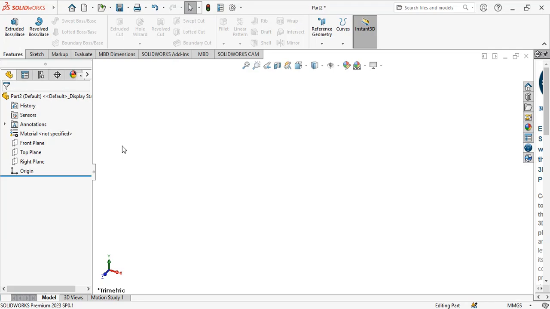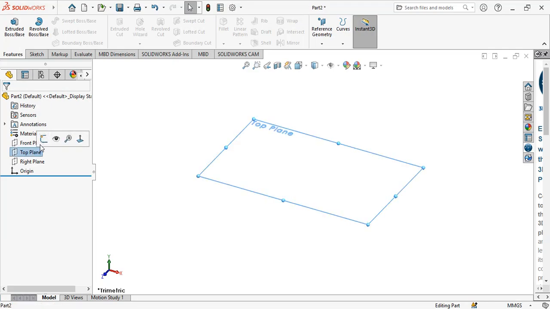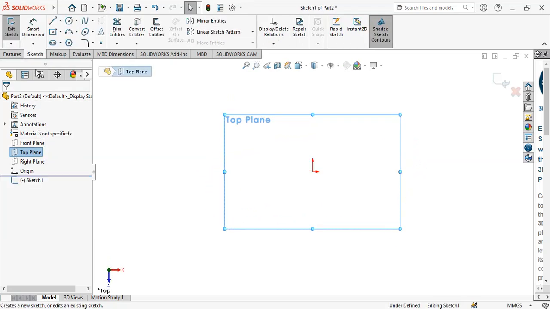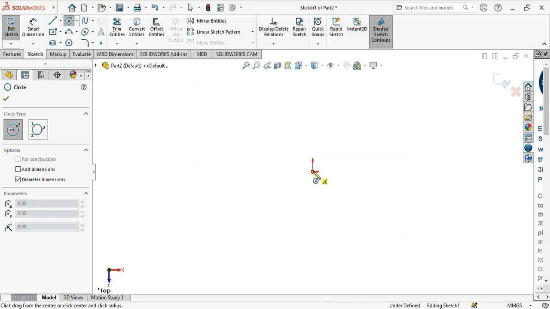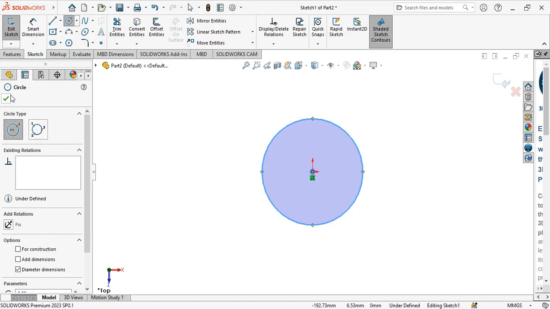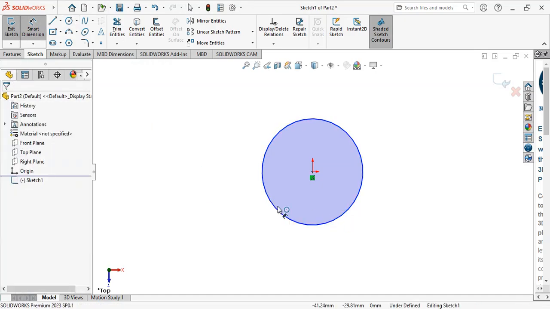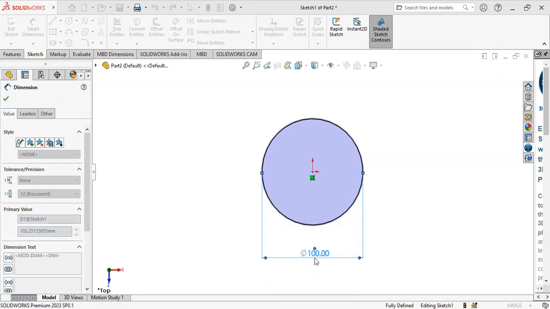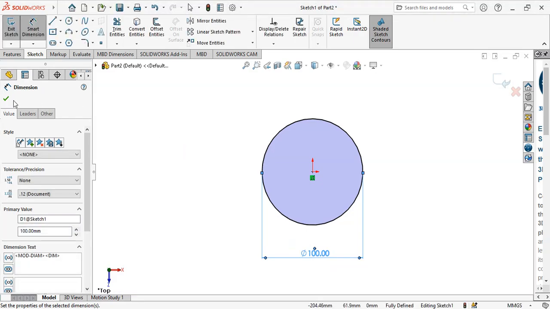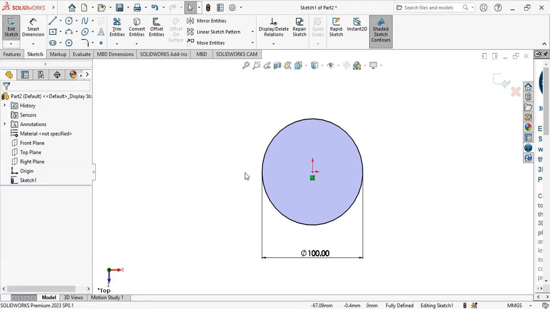you first of all select the top plane, click on sketch, pick your circle and start from the origin. Drag your cursor and drop. Accept. Then you specify dimension. So we are going to use 100 mm. Okay. Accept. Then we go ahead to use our